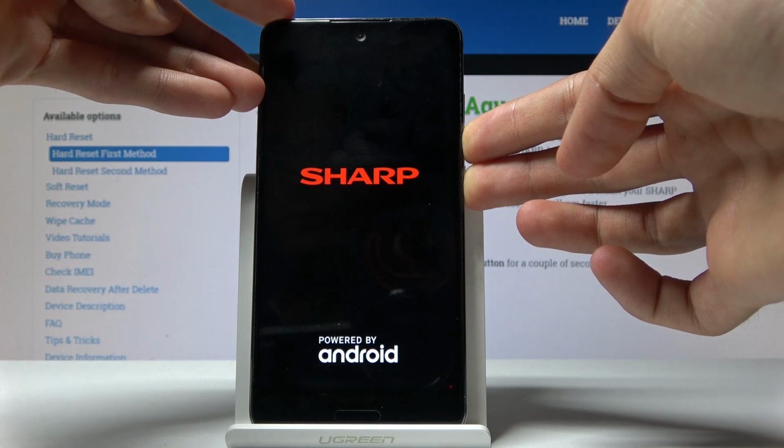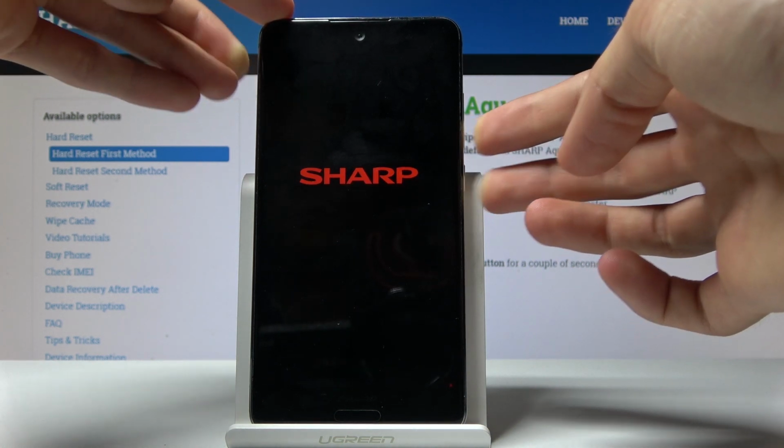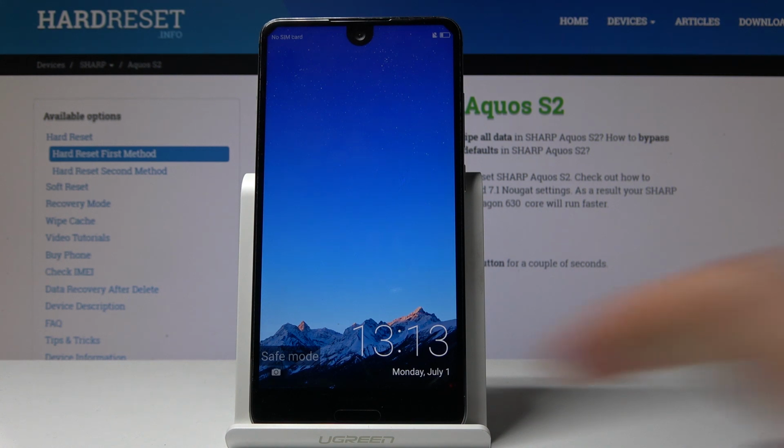Keep on holding. You can let go once you feel the vibration. And as you can see now, at the bottom you have safe mode, meaning the device is indeed in safe